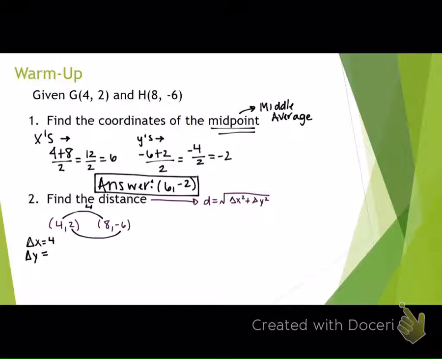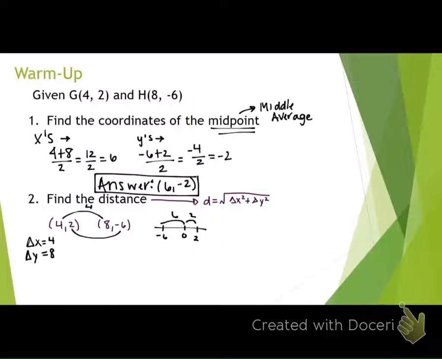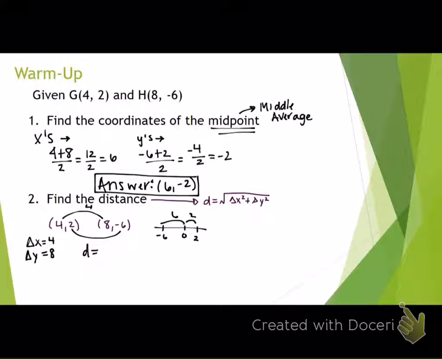It is 8. Very good. Negative 6 is over here before 0, and 2 is on the other side. So you have to go 6 to get to 0, and then another 2 to get to 8. That gets confusing sometimes for you guys. So that's 4 and 8, and then we just plug it in. So we have distance equals the square root of 4 squared plus 8 squared